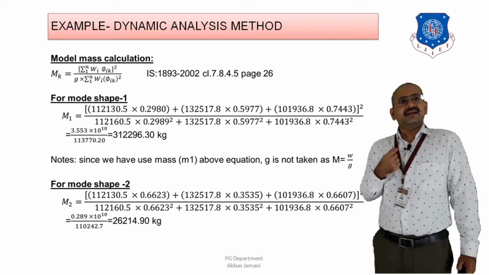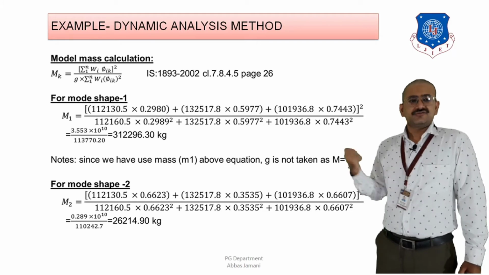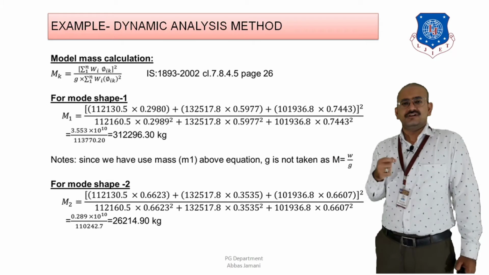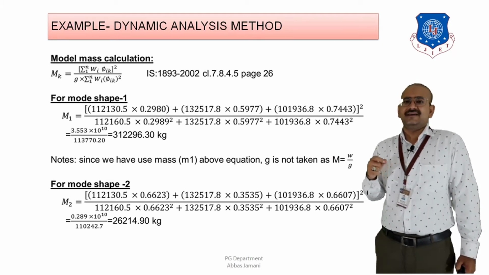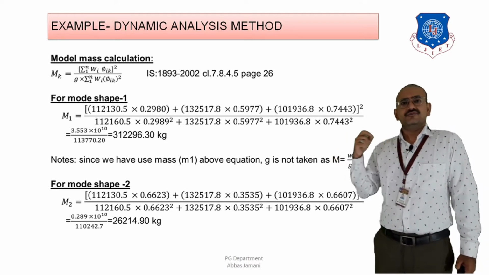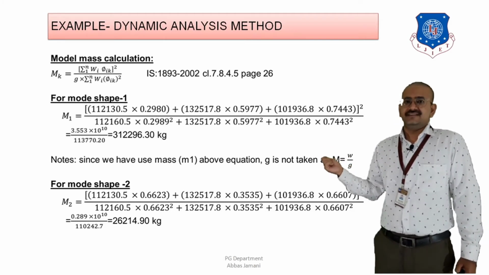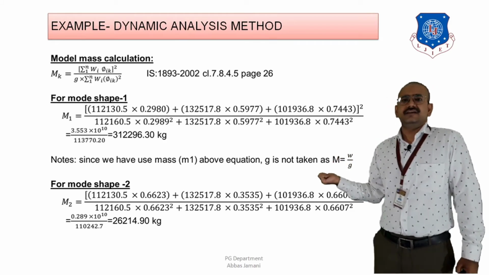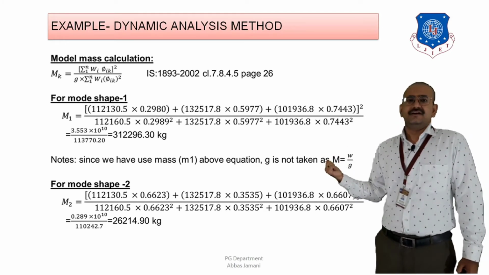Then similarly we can calculate the modal mass for the second case, that is M2, and that is also going to be the same formula, that is sigma i equal to 1 to n Wi phi ik the whole square divided by sigma i equal to 1 to n Wi into phi ik square. Here g is in division, but we have already converted the weight into terms of mass. As a result, only the direct value in terms of kg is written. If you are taking the value in kilonewton or newton, then g has to be divided in the denominator and converted so that the final answer will be in terms of kg.